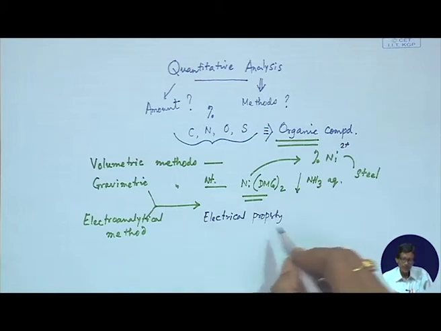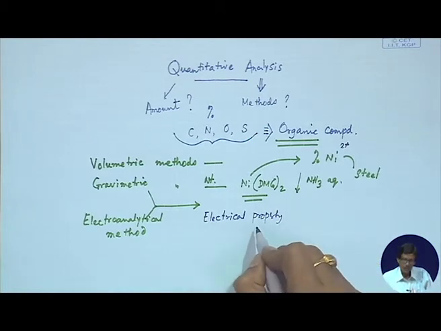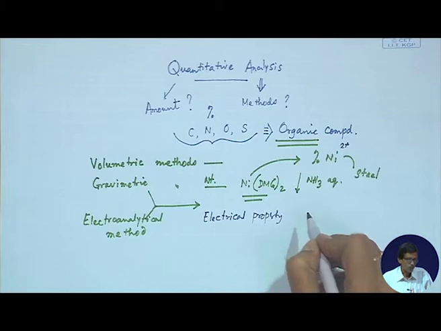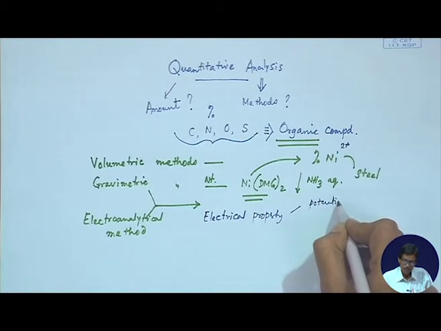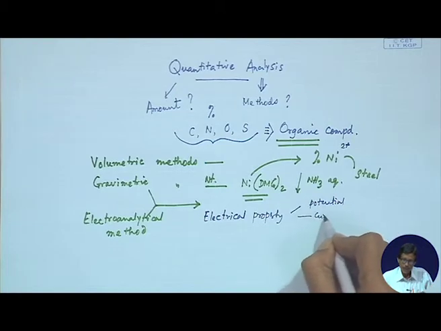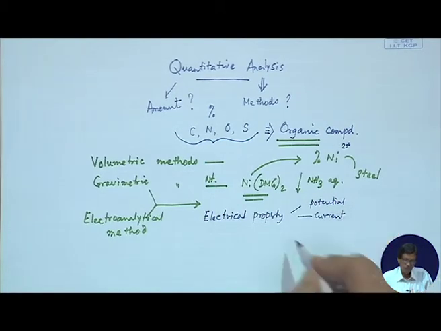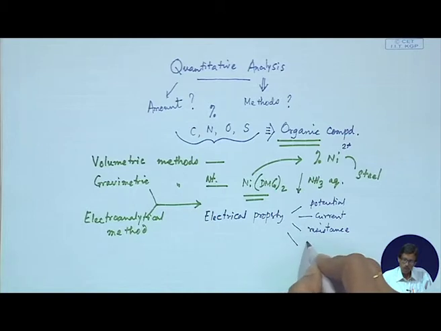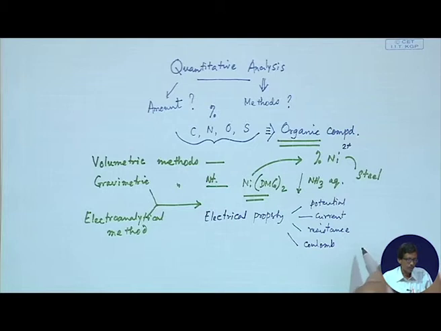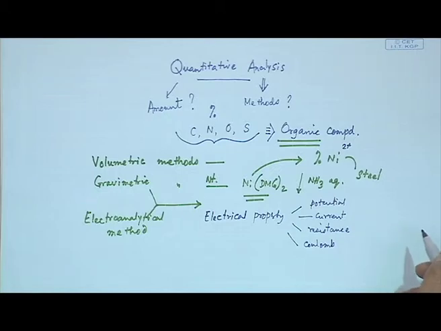So, this is a new quantity. We can measure the electrical charge or electric current. So, the potential we can measure, or we can measure the current, we can measure the resistance, or we can go for the Coulomb count. That means the corresponding quantity of electric charge which is being carried by some metal ions and all these things.